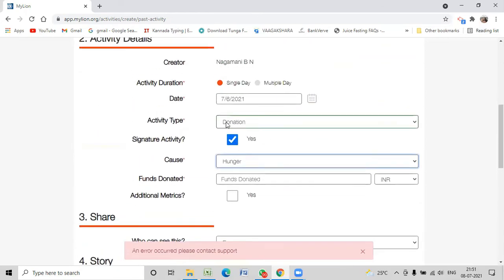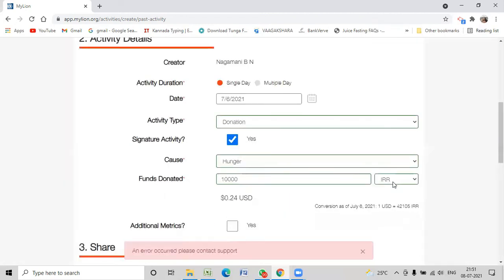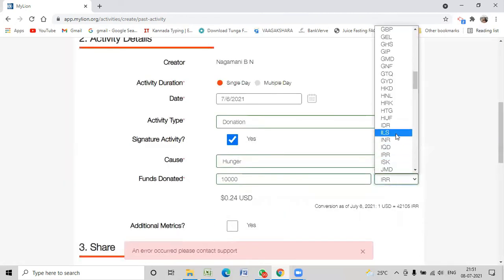And now, since you have selected donation, it's going to ask you the funds donated. Let's say I have donated 10,000 rupees. If you see that, it's going to ask you in which currency as well. So the amount as well as the currency, okay? By default, it is going to be INR.